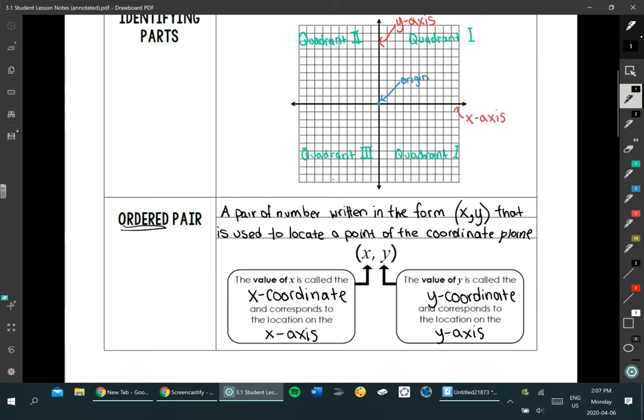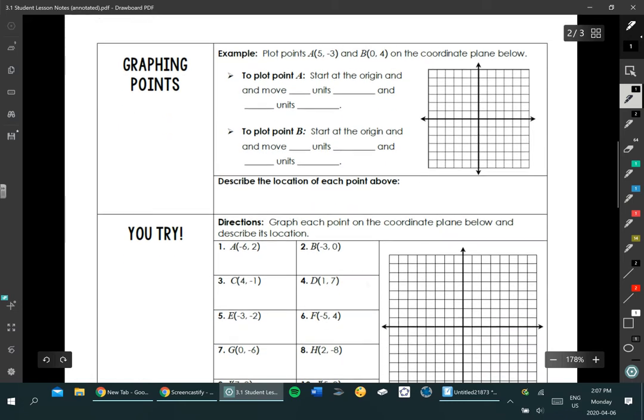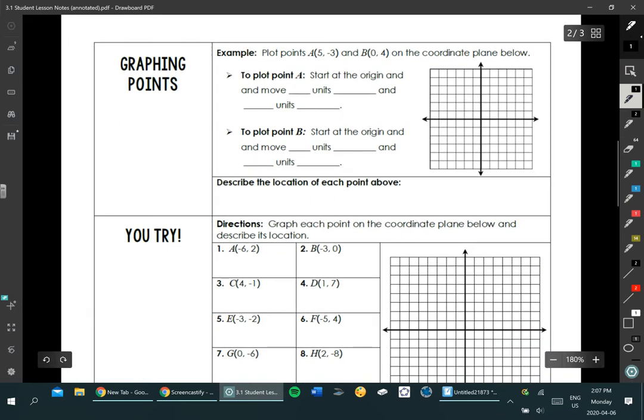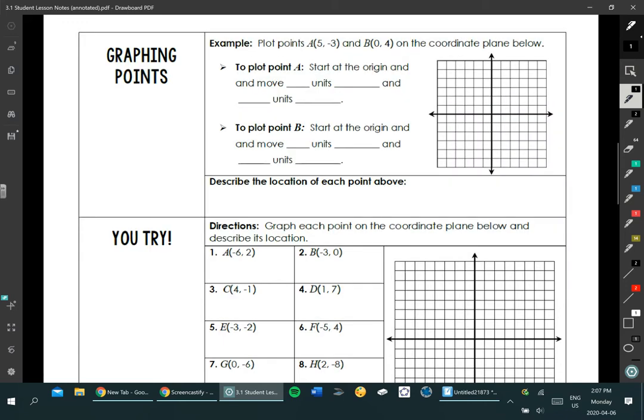Okay, so let's try a couple examples. Let's try graphing some points. So we're going to move on to the next page, and we have an example where we're going to plot 2 points. We're going to plot A and we're going to plot point B on the coordinate plane below. Okay, so to plot point A, which is 5, -3, what we're going to do is we're going to start